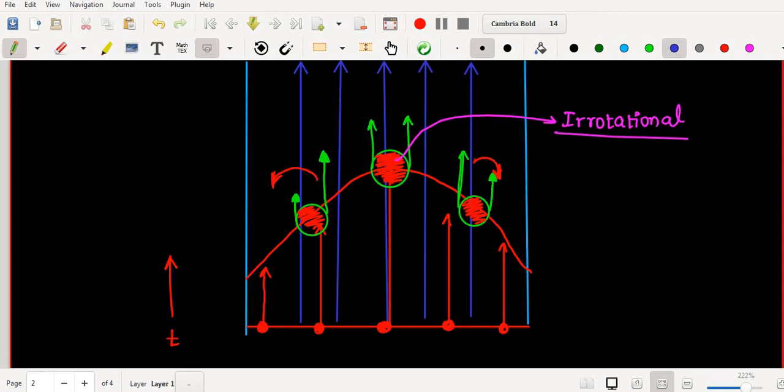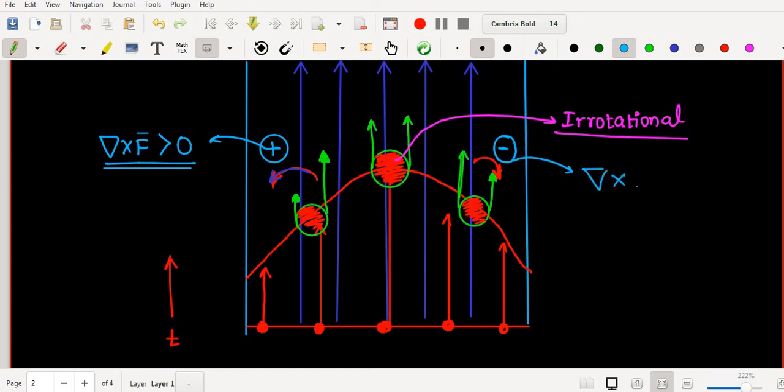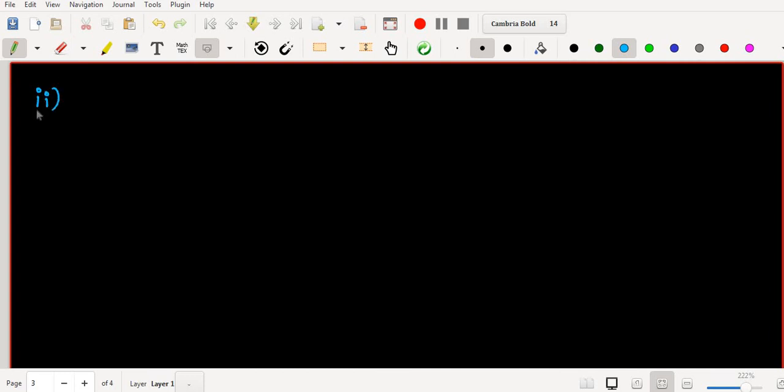So since your object is moving in anti-clockwise direction, by using right hand screw rule, we treat this as a positive sense. So this implies your value for curl for that velocity function is greater than 0. And since the object is moving in clockwise sense, it is treated as negative. So this implies if we find curl by using right hand screw rule, this value will be less than 0.